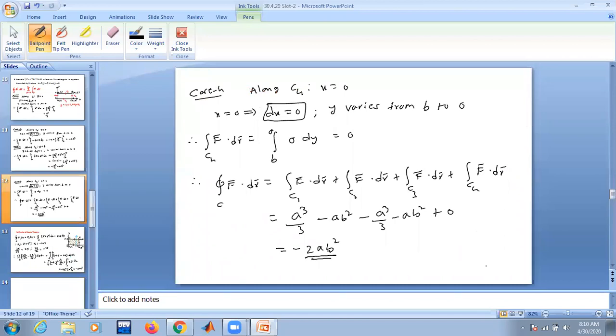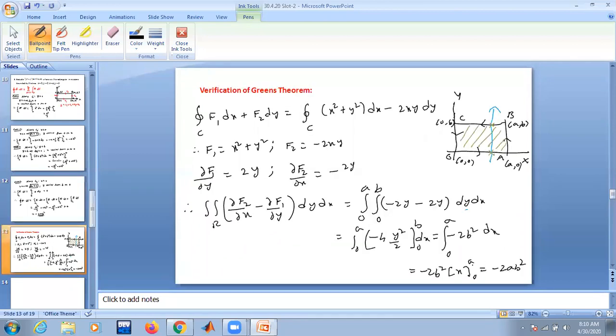Now see, our work is reduced. With a single evaluation, we are able to get the answer. Whereas in case of line integral, you need to compute 4 line integrals and evaluate, which was a hectic task. So instead of doing line integral on each line segment, you just find out the double integral over the region and get the answer. Okay. Therefore, your conclusion is Green's theorem is verified.